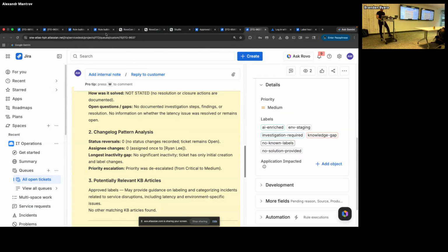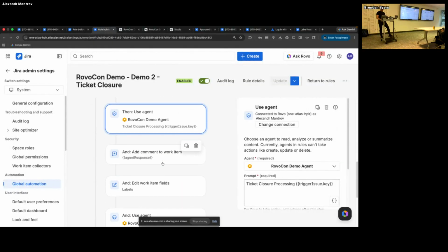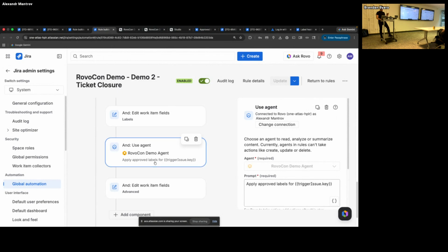In the automation, I'm just going to switch back to it real quick. Again, we're checking for things, we invoke an agent, and then we invoke the agent a second time. Now, in the Atlassian automation, you already have the step for Rovo to apply labels. However, is it a bug? Is it a bug fix? Is it, oh my God, it's on fire? You don't have any control over the labels. And so potentially in months, you're going to have label bloat, and it will remove the whole point of having labels. So in this particular case, and this is actually my favorite one,